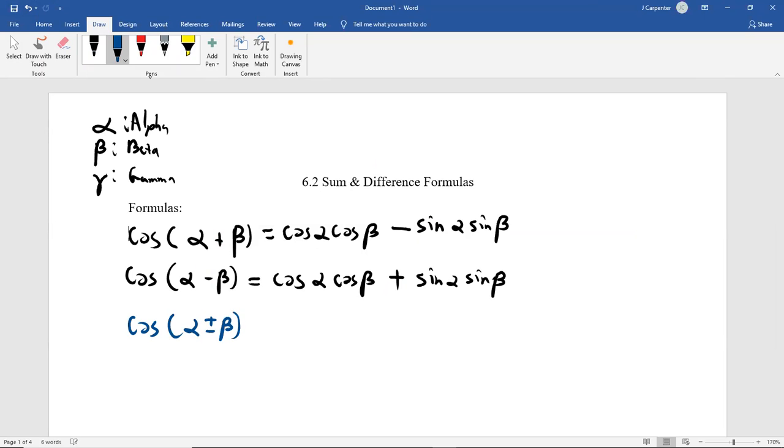So this plus or minus is not the plus or minus from a quadratic formula that's saying both things happen. This is an either or scenario, kind of like when we were talking about reference angles in different quadrants, that we'd say the cosine of 240 degrees is the same as the cosine of 60 degrees, but with a plus or minus. All right, so it's equals cosine alpha, cosine beta, then the other part is sine alpha, sine beta,